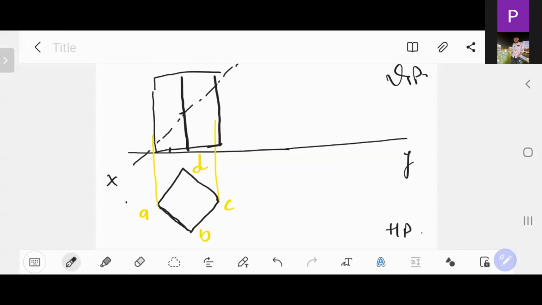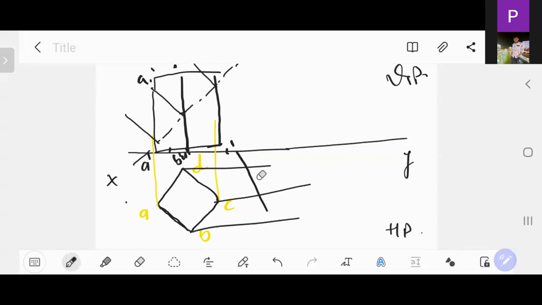Okay. Here is the point A prime. This is the B prime and D prime. This is the C prime. Let us say this is the A1 prime, and likewise here we are making the perpendicular lines for the true side, and we will draw the side view from here. Same as the orthographic projection.